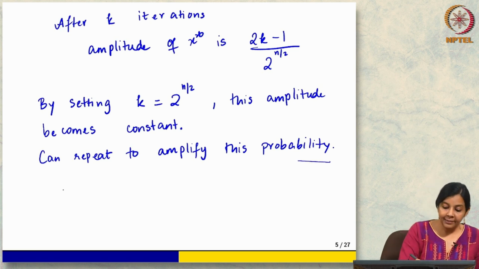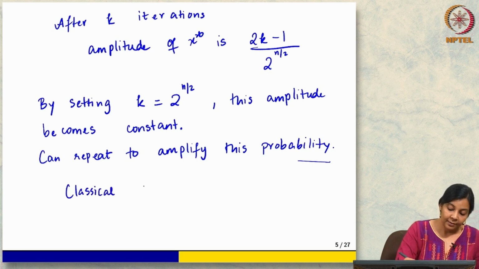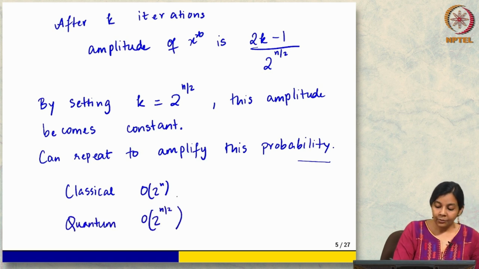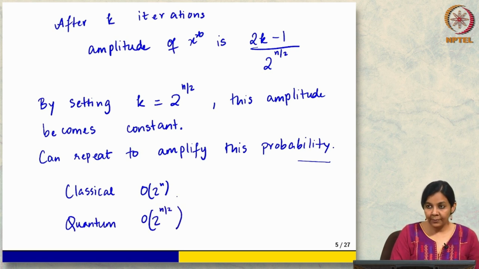Okay, and this means that from the classical 2 to the n, I went to 2 to the n over 2. Okay,